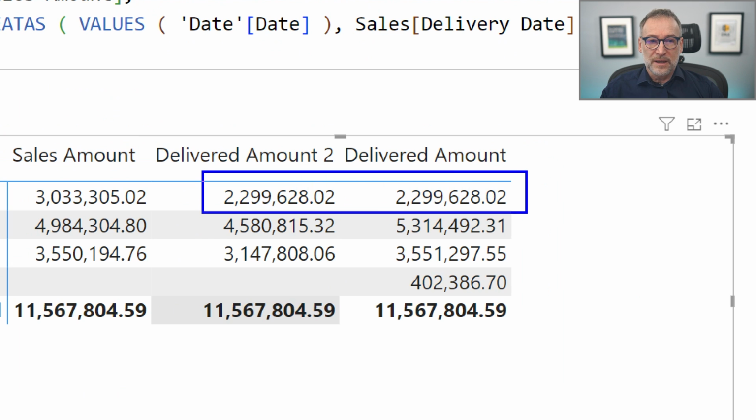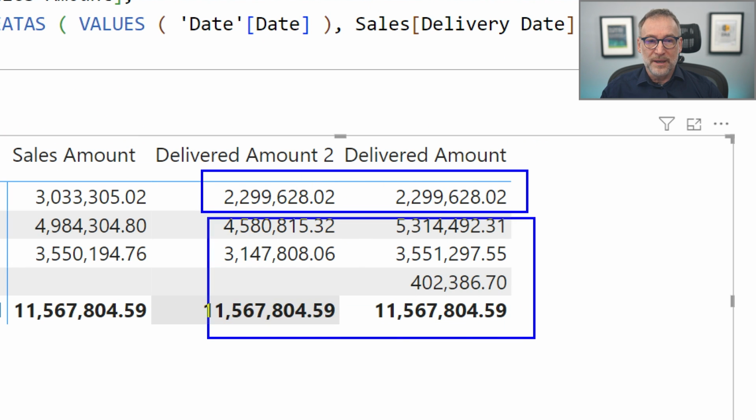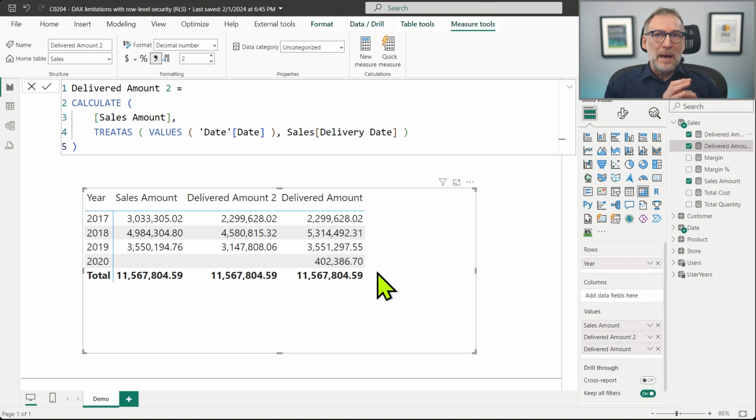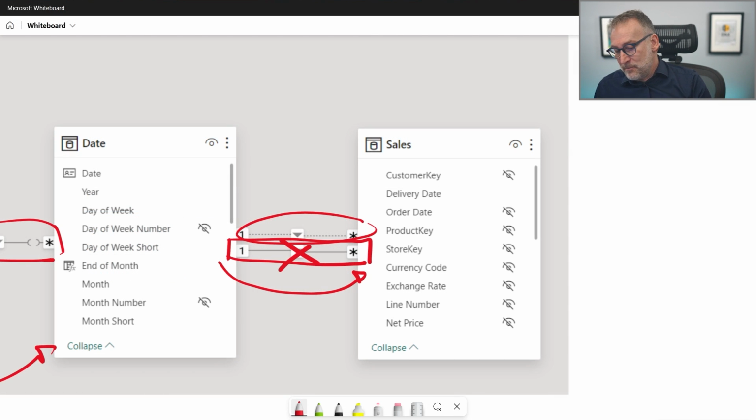For the first year, the numbers are the same, but for the next years, the numbers are different. What is happening here? Well, in my code, I'm using TREATAS to apply a further filter to the sales table, but I am not stopping the default filter to move. So what is actually happening in